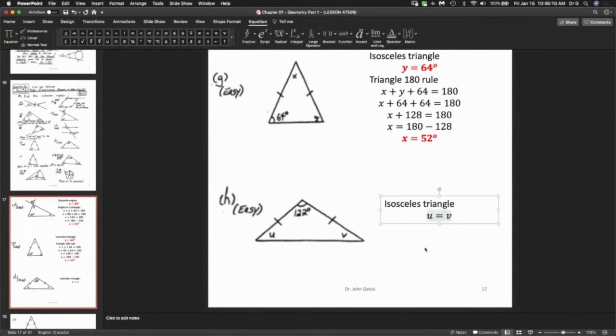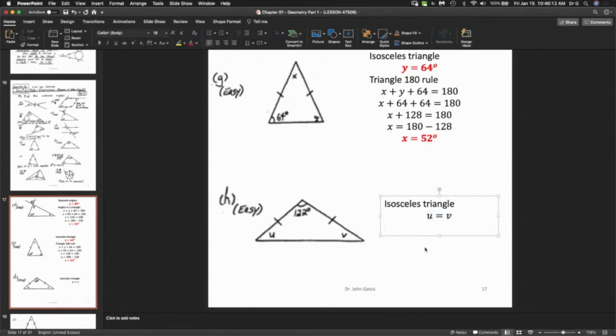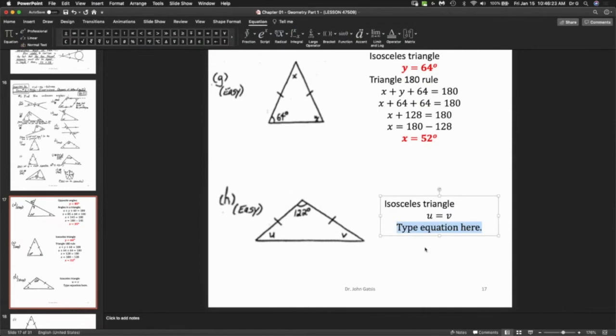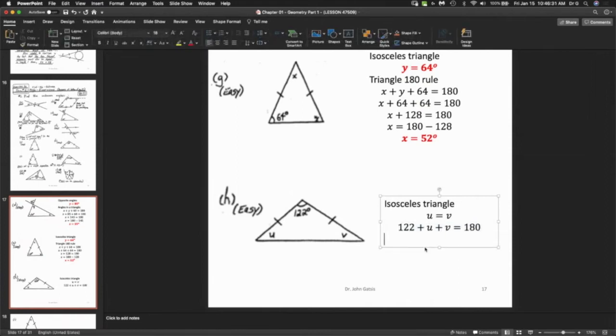Thank you, Amira. U and V are the same. So we could say the following. I'm going to do something a little bit creative this time. I'm going to say that U equals, well, I already wrote it there. Actually, forget creativity. Let's just write it down like brute force. So 122 plus U plus V equals 180. But because U equals V,